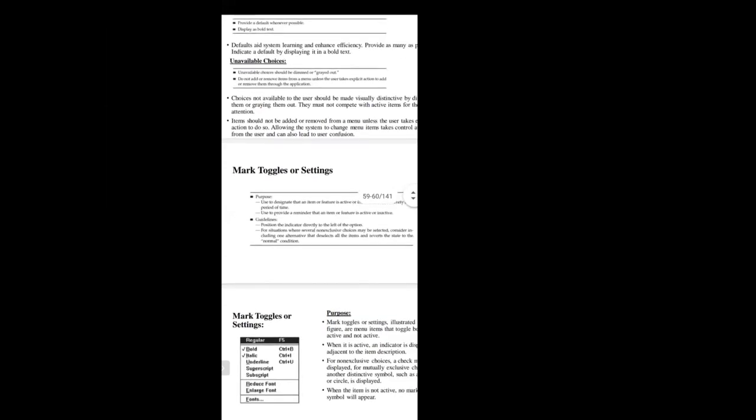Then the next topic we discussed is two types of toggling. One is mark toggle, the other one is the toggling menu, right? Mark toggle is where we toggle from one menu to the other one, where bold, italic, one by one, up and down we will be using, where the active one will have its display changed, which indicates to us whether it is active or not. Then the third one was toggling menu items, where we have opposite commands.